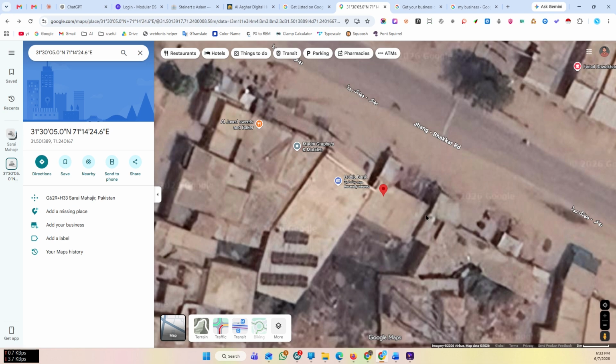Now you have added the place on Google Maps, and adding a place on Google Maps is great, but if you want full control over your listing, customer reviews, business updates, photos, analytics and search visibility, you can also create a Google Business Profile. I already have a video on this. I will link to that video in the description below. You can watch how to create your Google My Business profile. So if you want to register your Google Business Profile, you can go and watch that video.